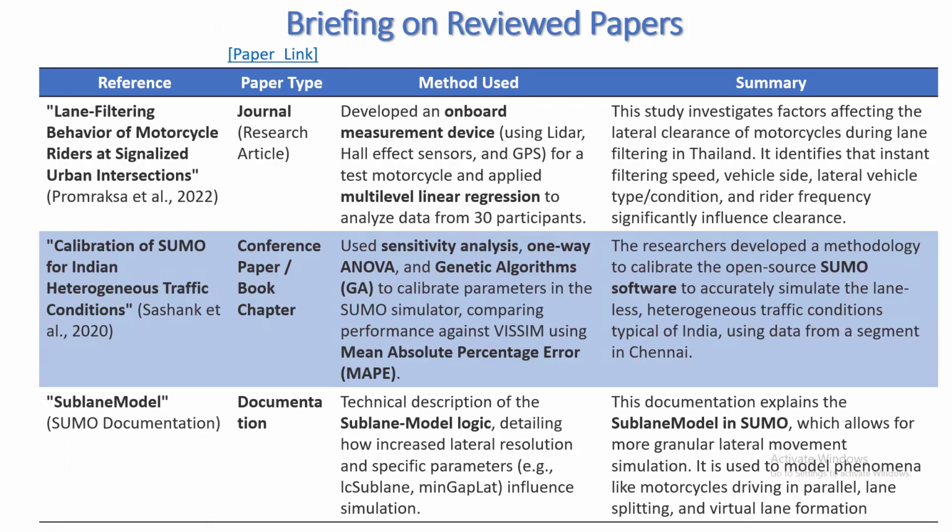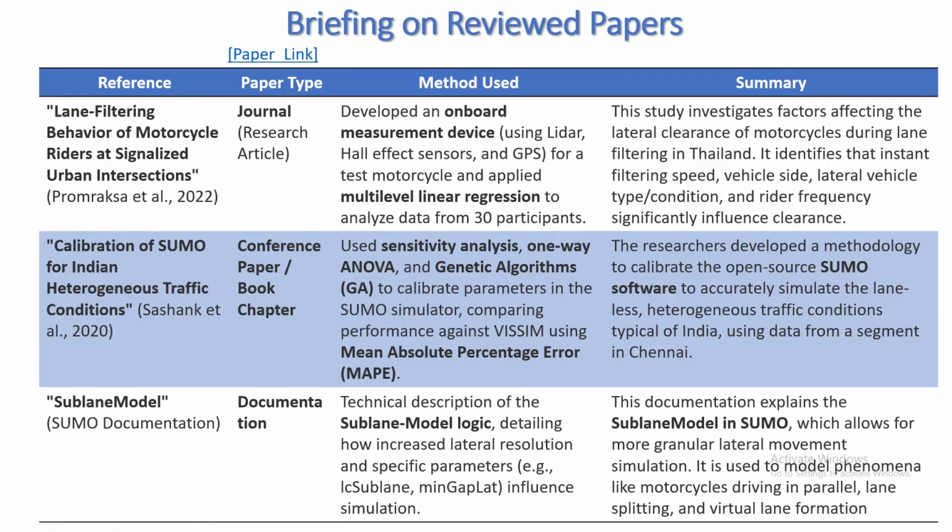Now comes the briefing of the review paper. I reviewed almost 3 papers. The first one is lane filtering behavior. It is a research article published in a Scopus indexed journal. It's a PhD thesis. This first one, from Raksa 2022, was done in Thailand, in a Thai